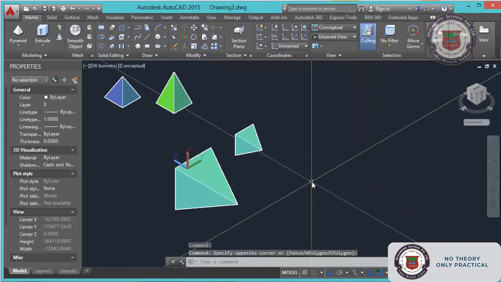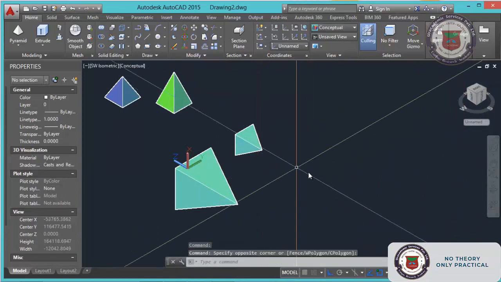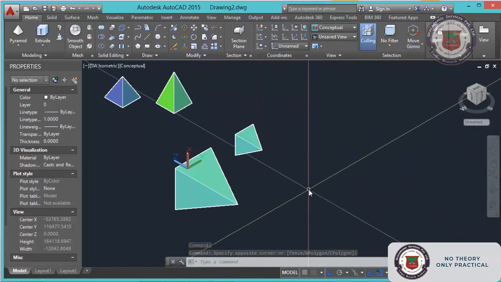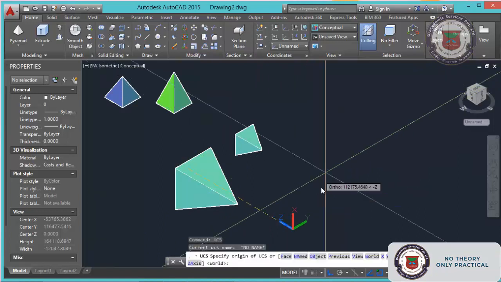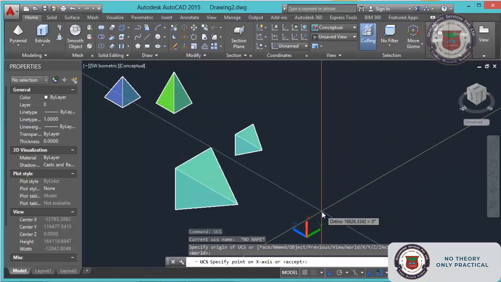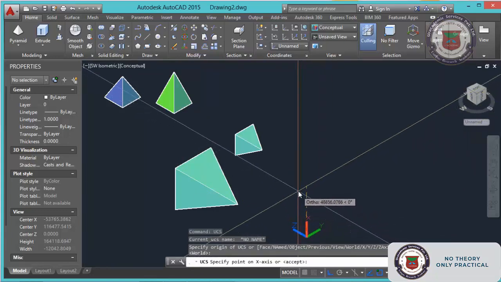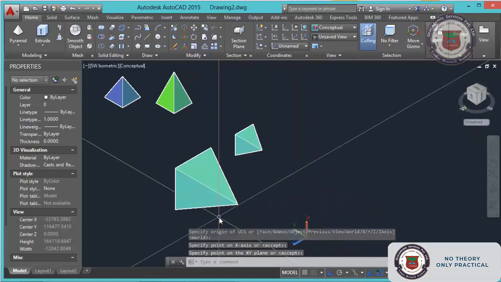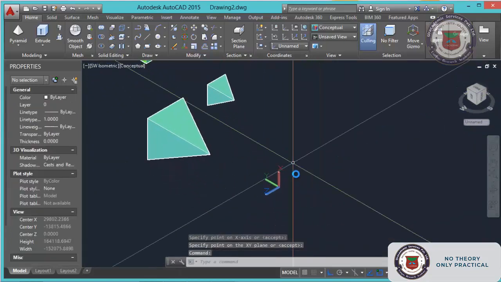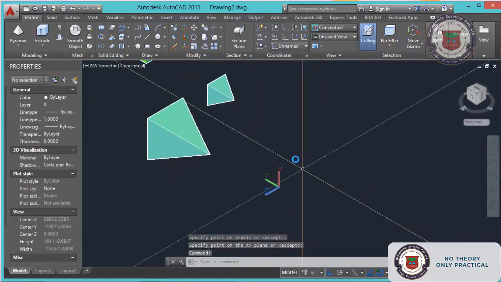We will make another pyramid in another view. Another UCS plane. For that one, just click UCS, specify origin, and give x-axis in the same direction and y-axis in this one. Now you can see your UCS here, how it will look.